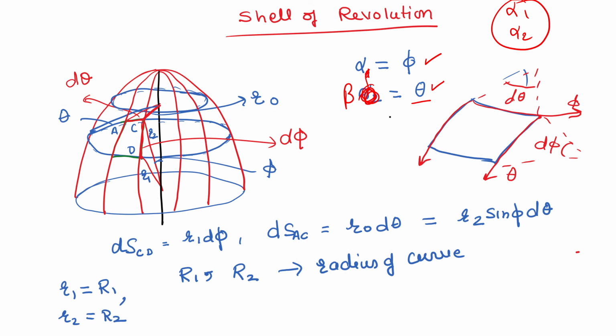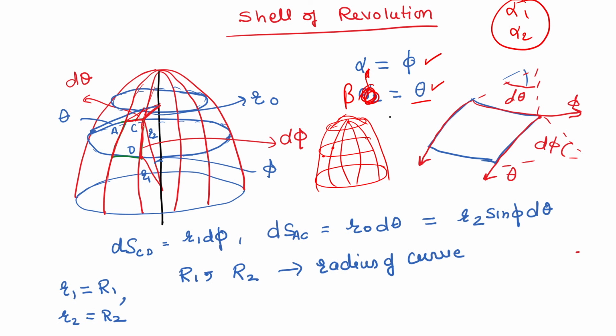If you look at the surface of revolution and its parametric lines, we will have one horizontal circle going like this, and parametric lines from the top. So, we will have two radii of curvature, one along this, one along this. If you take a shell element and see it from the bottom, then one radius of curvature is along the horizontal one and another is for the vertical one.